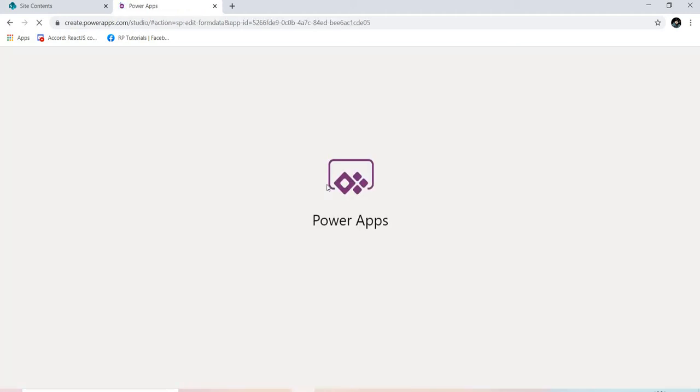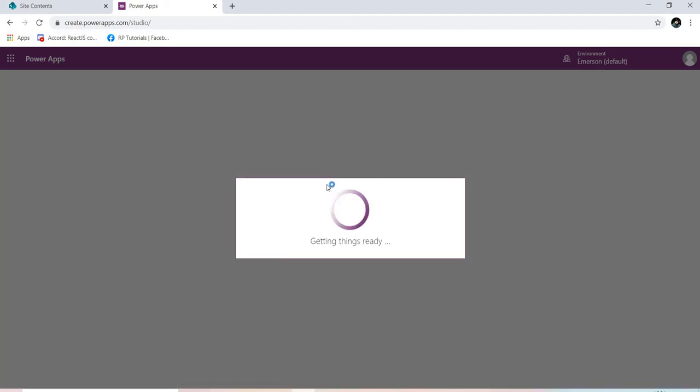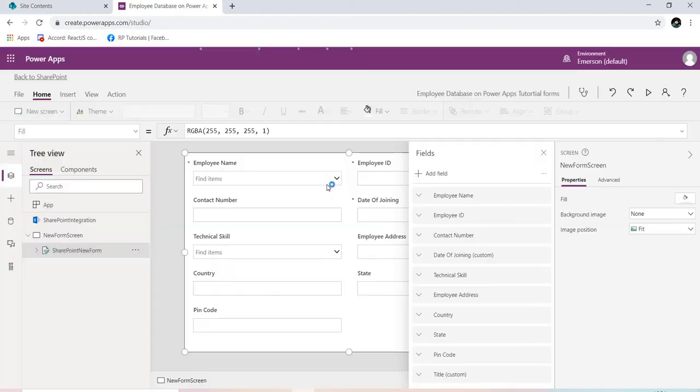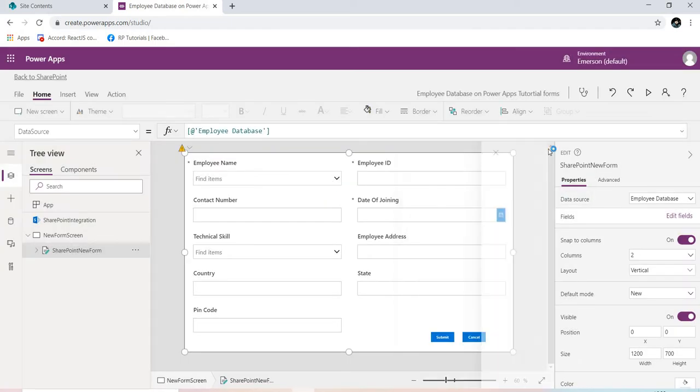It will take a few seconds to load. Okay, so it's loaded. Now this is the new form. To create the edit form, you have options.